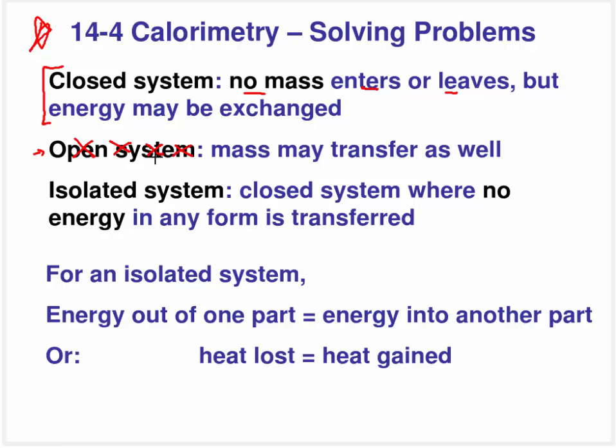Even my calculus students won't be looking at this type of problem. The type of system we'll be working with here is going to be isolated systems, where it's going to be a closed system where no energy is transferred to the environment. So it's going to be a system where mass is going to be touching, and no energy is going to